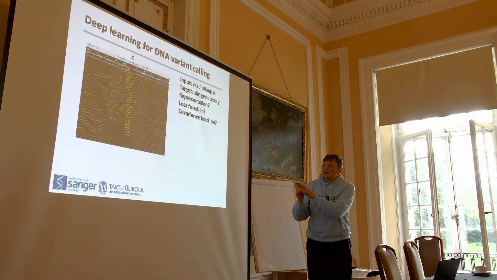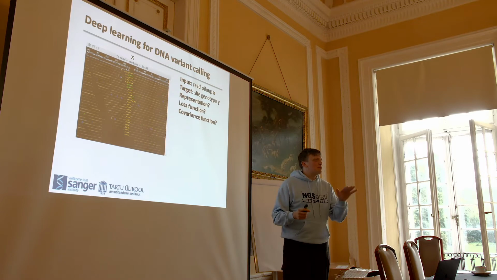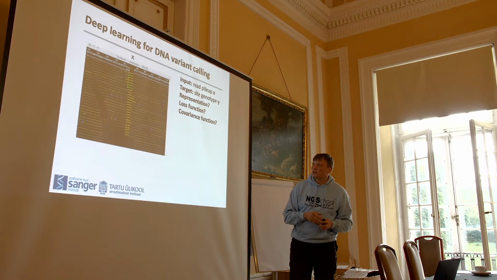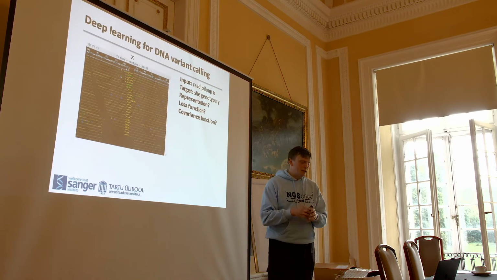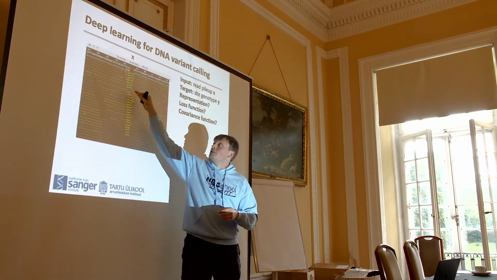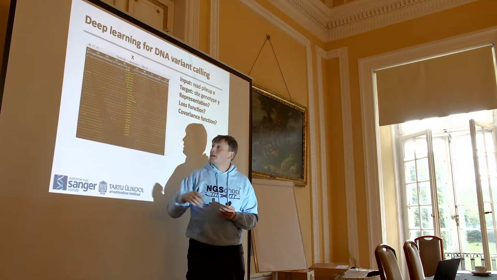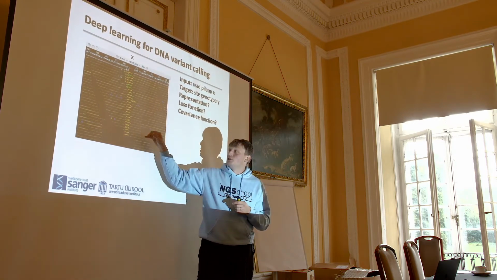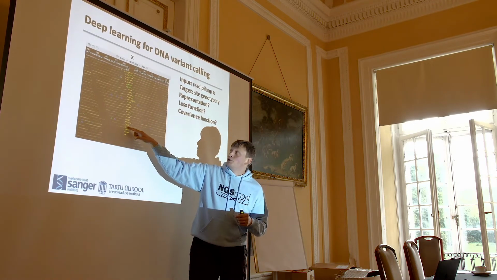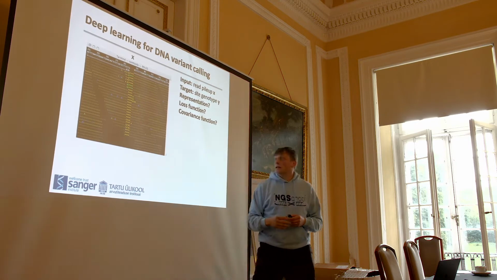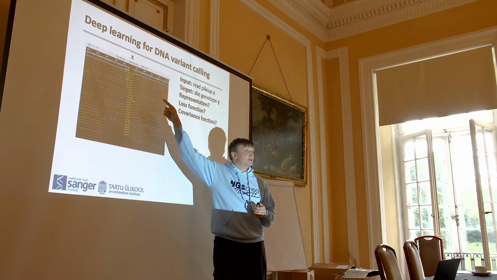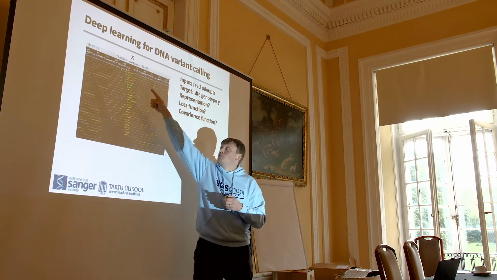Anyway, the input data here, and correct me if some of this is wrong, at least back in the day when we were struggling with sequence data, is a set of read mappings to a focal point. Here, for example, if you care about this particular place, every stretch here is a read that's mapping. The color encodes something about the quality. The dots and commas are mostly just whether it's mapping to this strand or the other strand. And the stars indicate insertion or no insertion. The task is, given this kind of mapping of reads to this location, tell me what actually happened in the sequenced sample. What's the right sequence to put at the top as a reference?